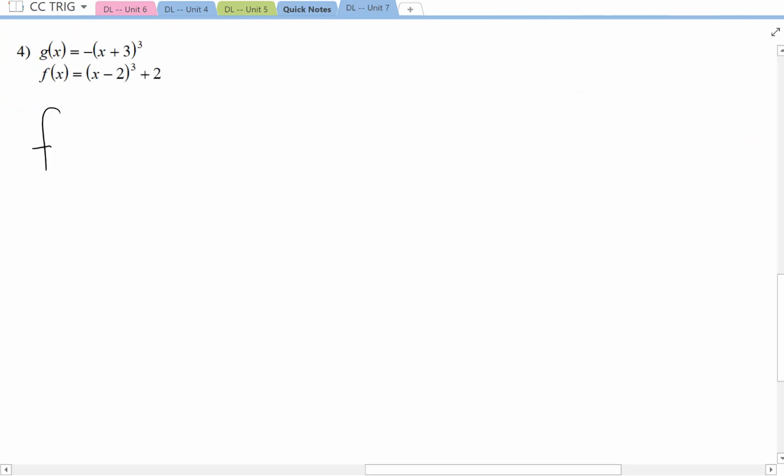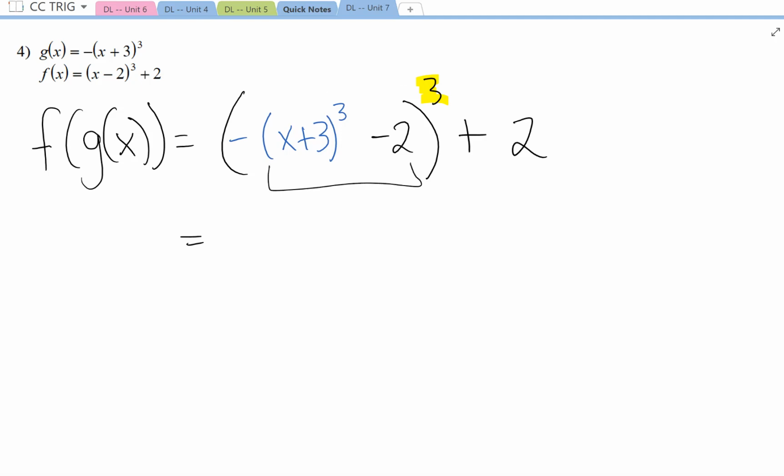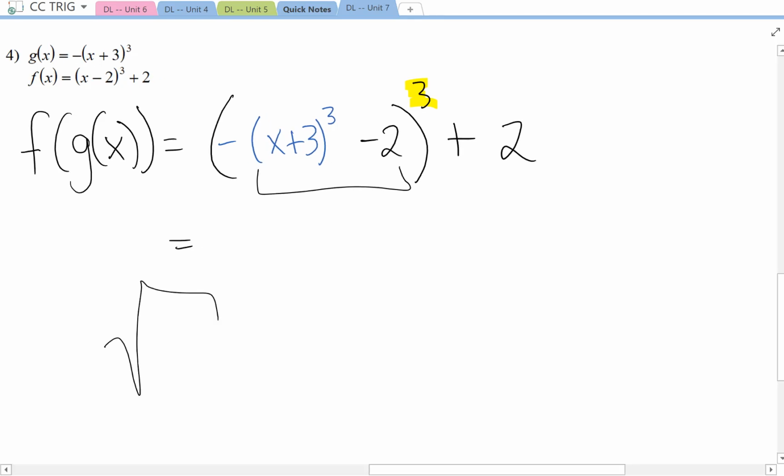And our last one, f of g of x. Negative x plus 3 cubed. We cannot apply the little 3 because you're subtracting 2 inside. So let's try to simplify what's inside of here. But you notice how we had a cube root. What is the inverse operation of taking a cube root? Well,